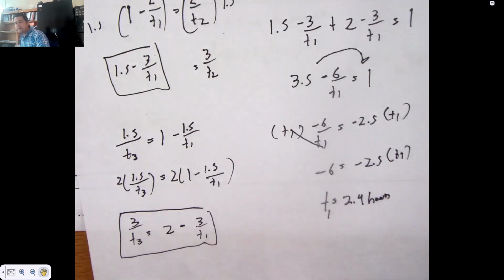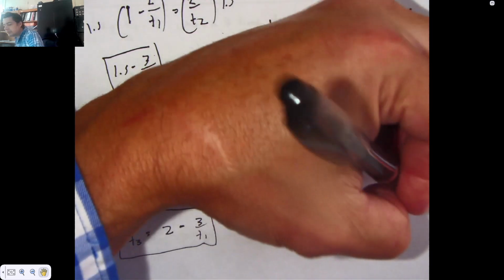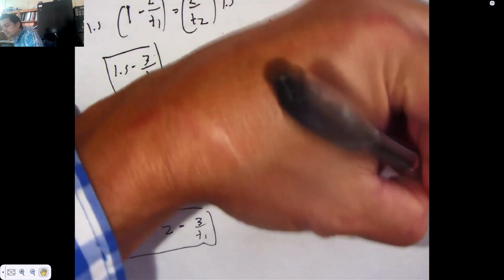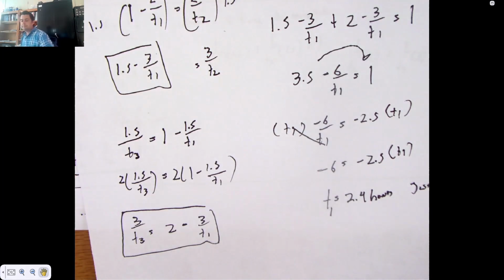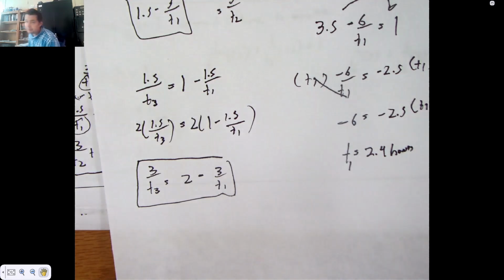That means if Jessica did this by herself, it would take her 2.4 hours. Jessica by herself. All right. She's 2.4 hours. Now,